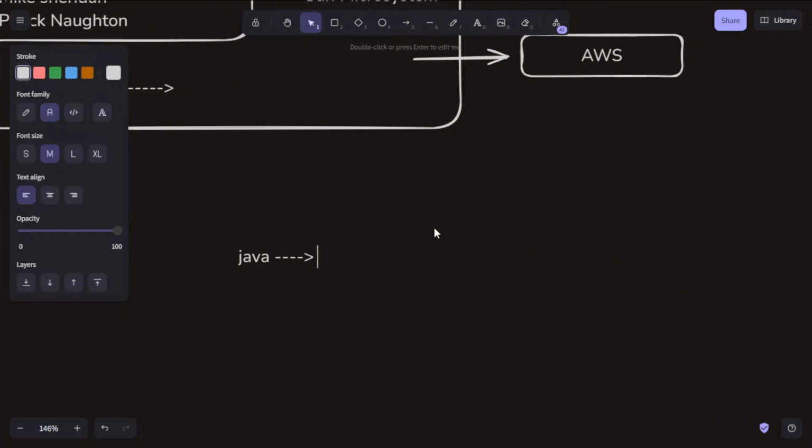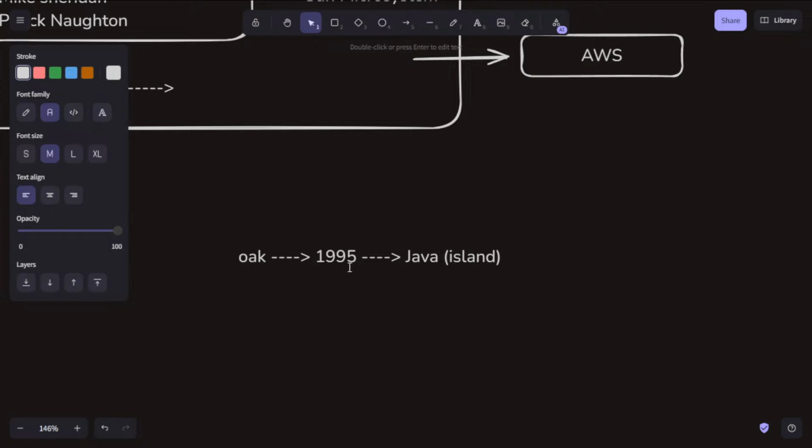What happened next? One of the scientists thought, let's change the name from Oak to another name. They came up with the idea of taking the name Java, the island in Indonesia.